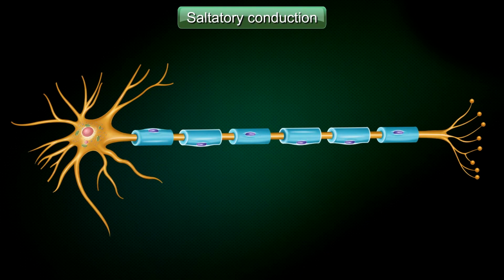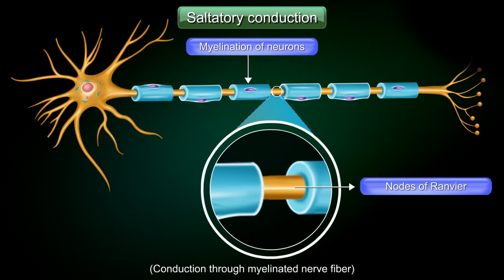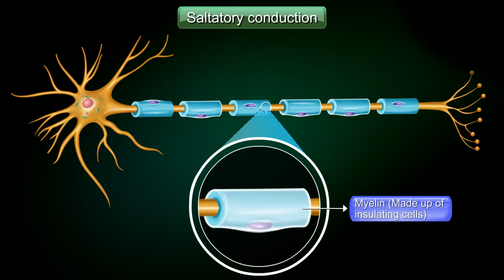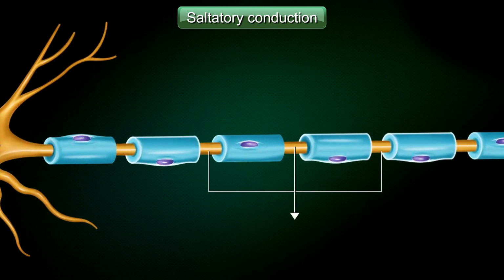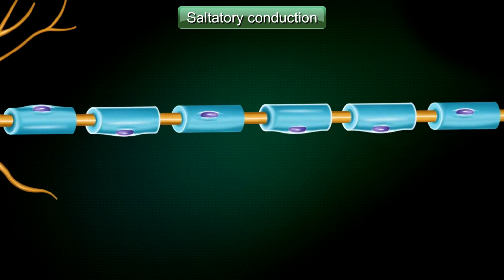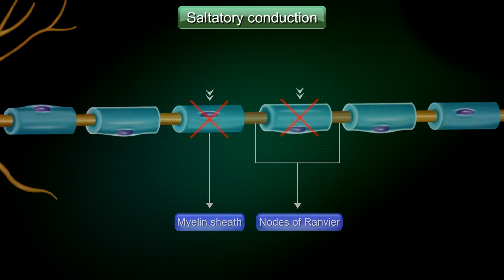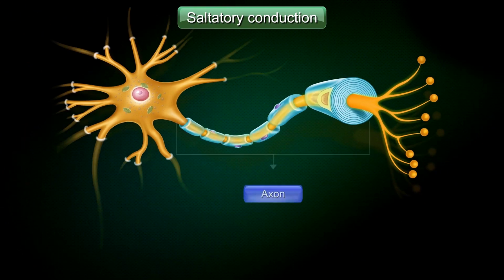Saltatory conduction. Conduction through myelinated nerve fiber. Due to the myelination of neurons, action potentials may only occur at the nodes of Ranvier. Myelin is made up of insulating cells, which means depolarization cannot occur in myelinated regions. Between these cells, however, there are gaps known as nodes of Ranvier which are unmyelinated. As depolarization cannot occur at the cells making up the myelin sheath, the wave of depolarization can only occur at the nodes of Ranvier. Thus, action potentials appear to jump from node to node when traveling down an axon,